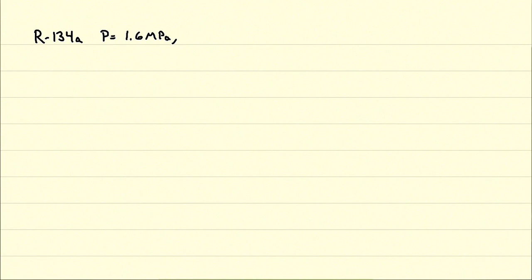A specific volume equal to 0.015 cubic meter per kilogram. And what you have to find is temperature. Okay, so you have these two properties. You know that the pressure is 1.6 megapascals, and you know that the specific volume is